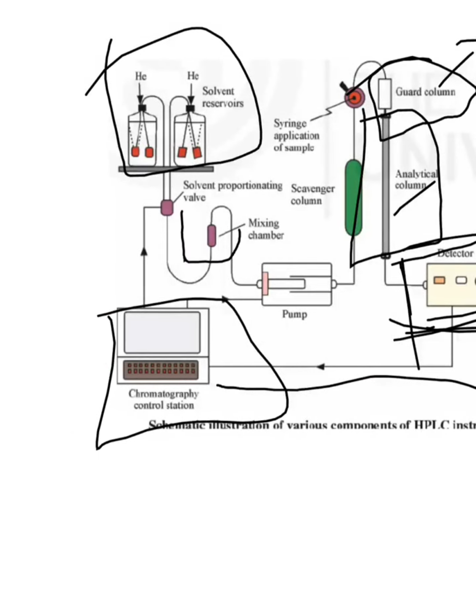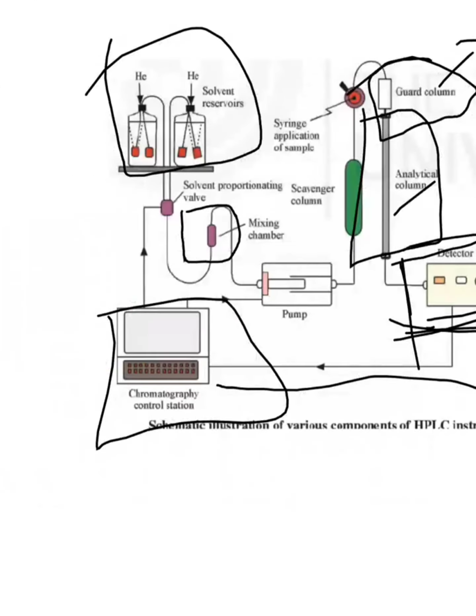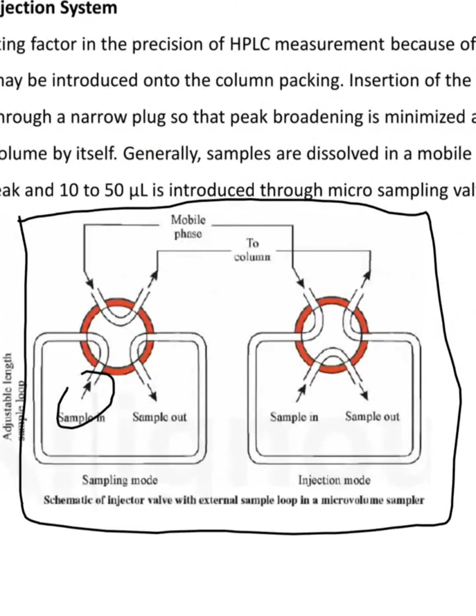This is the mixing chamber. This is the sample injection chamber, but the mobile phase and the sample are injected separately. It gets mixed in the mixing chamber. So this is the system where the sample is injected and further it passes through this,